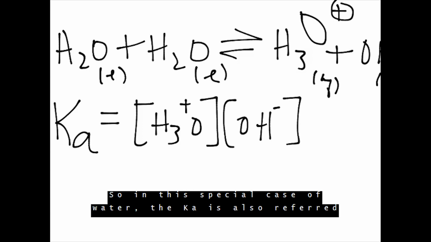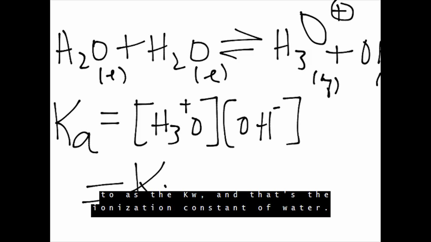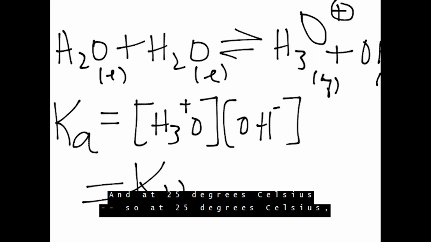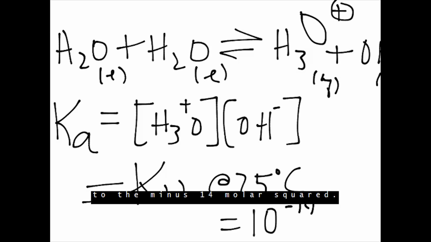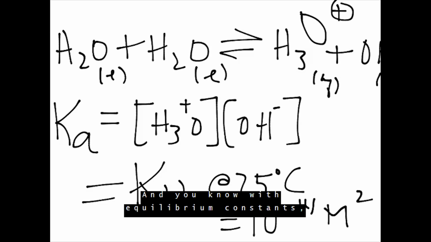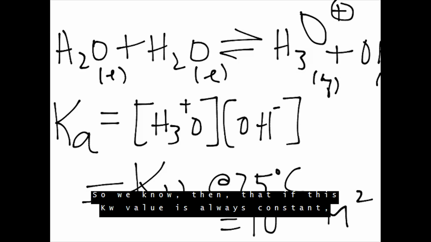So in this special case of water, the Ka is also referred to as the Kw. And that's the ionization constant of water. And at 25 degrees Celsius, this value is constant, and it has a numerical value of 10 to the minus 14 molar squared. And you know with equilibrium constants, we always drop the units because they get really confusing and different. So we know then